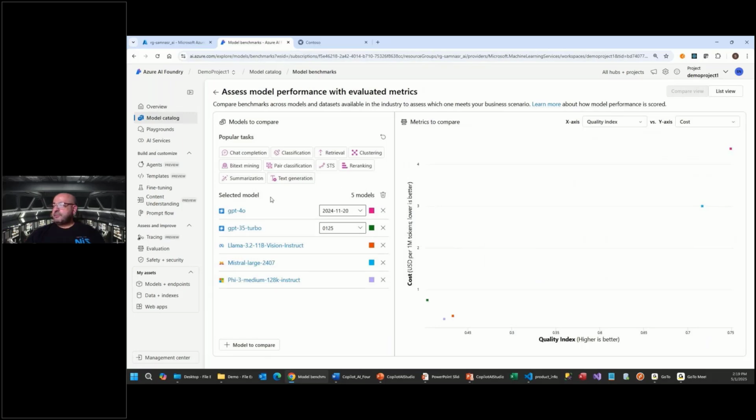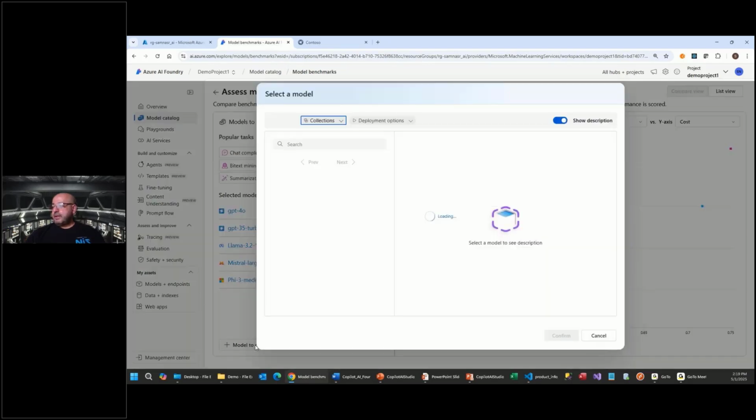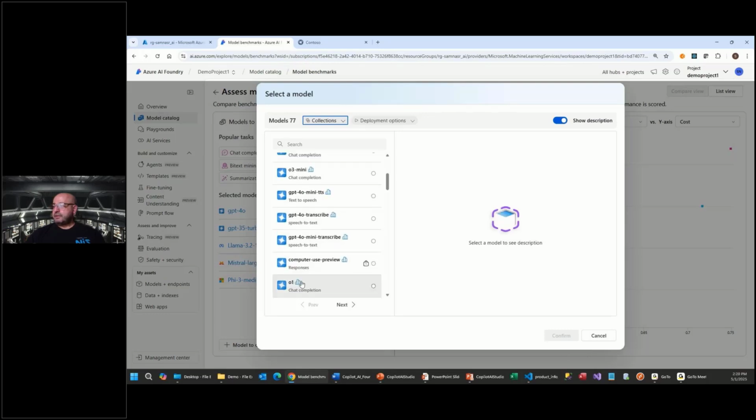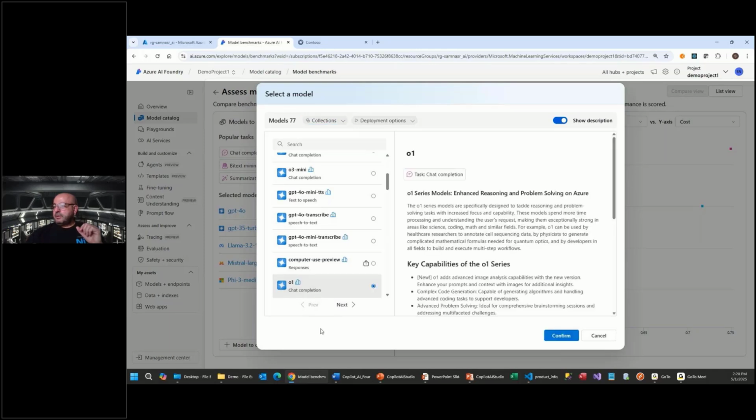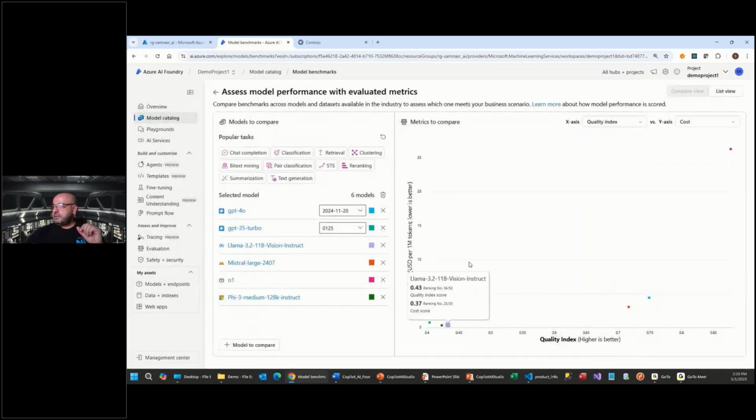Here I can select various models, and then I can compare the results to see how well they do. And here it's showing me graphs of the quality index. In addition, I can add in different models that I want to search on and to compare. So we'll add in O1 for chat completion. And so this provides one-stop shopping for being able to view what the models are about, be able to filter on various models. Now, going back into our project,